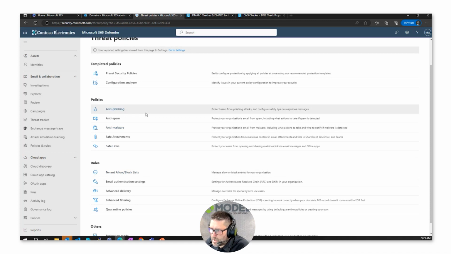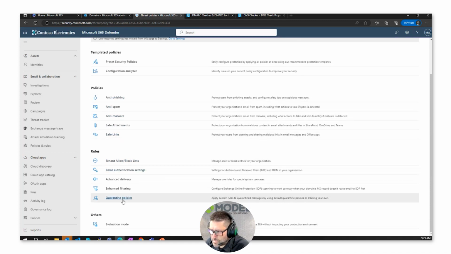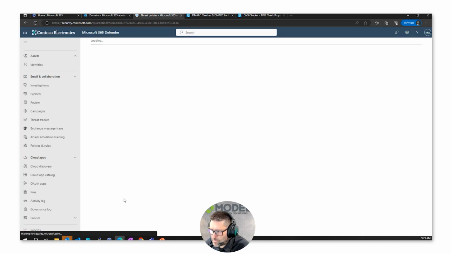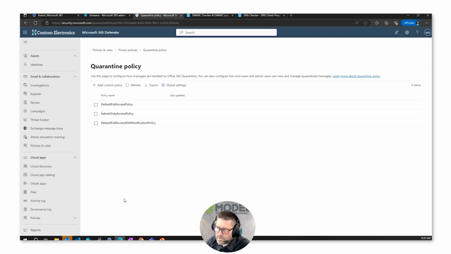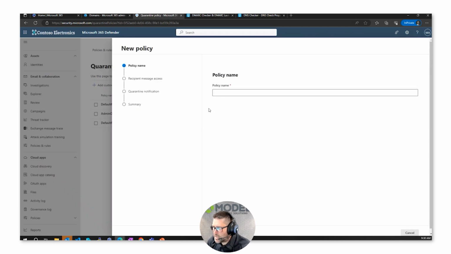So before we jump in and start to look at these policies, the first thing I want to do is jump down to quarantine policy. And I'd like to define one of these and look at each one of these settings so you can match it to your organization. So if I click on add a custom policy here,